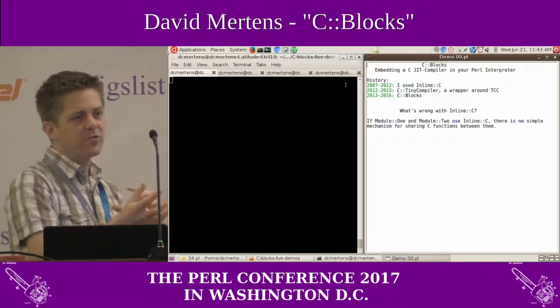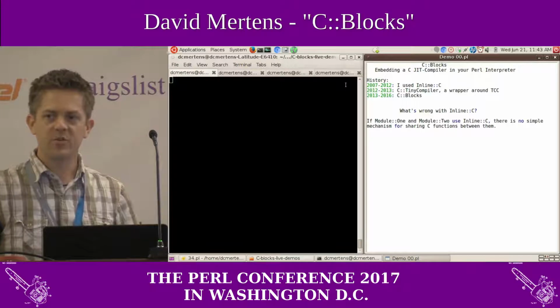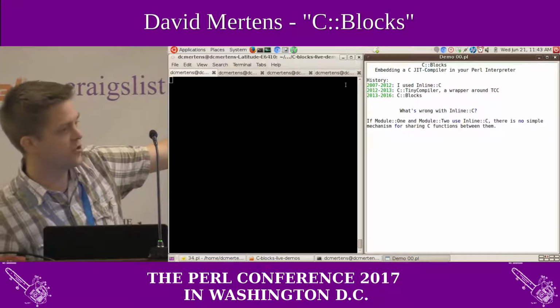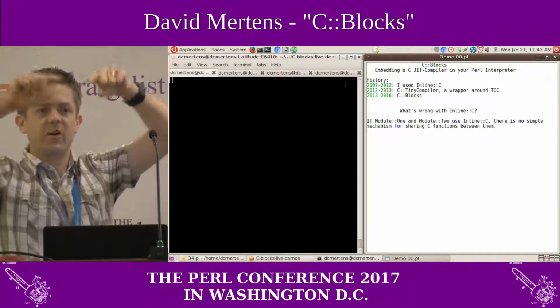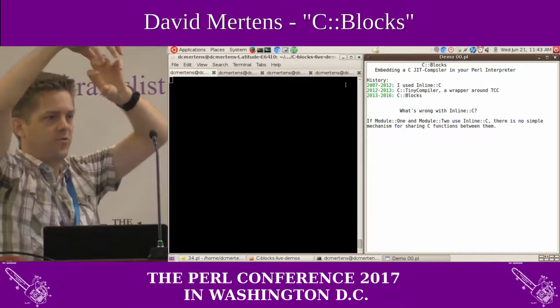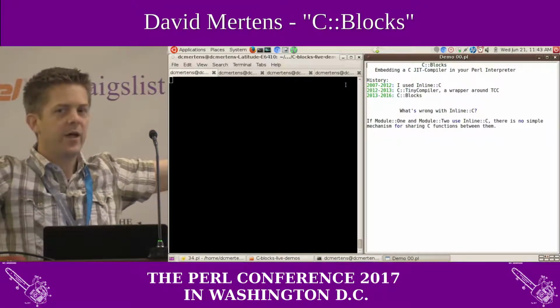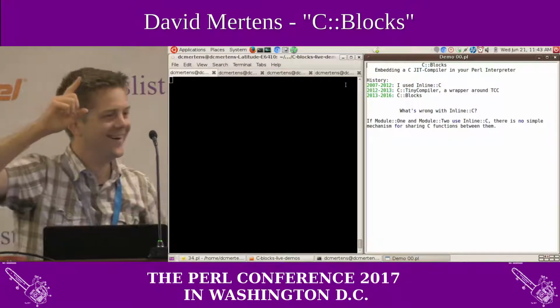It was almost a way to get around this big beef that I had with Inline C, which is how do I define one function in module 1, another function in module 2, and call one C function from another module. Does anybody know? Is this possible? I think it might be. It would have been wise if I'd solved that problem. But instead,